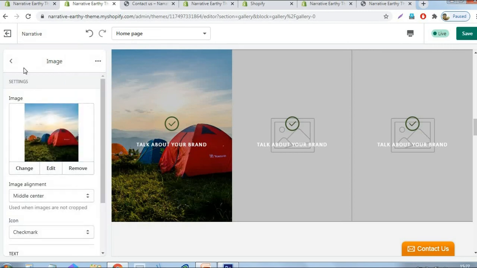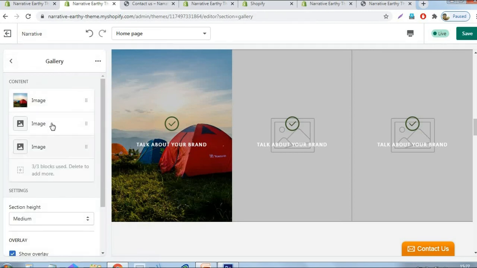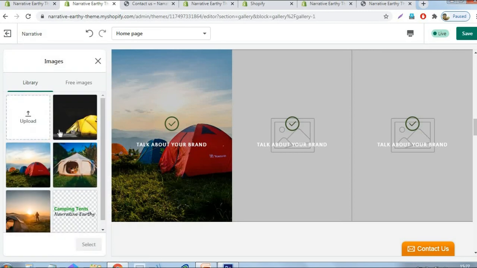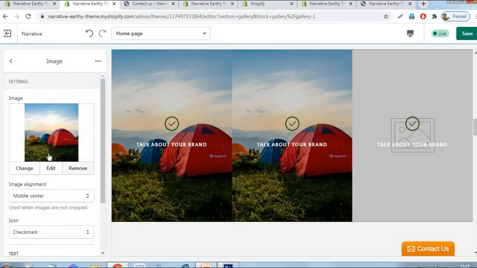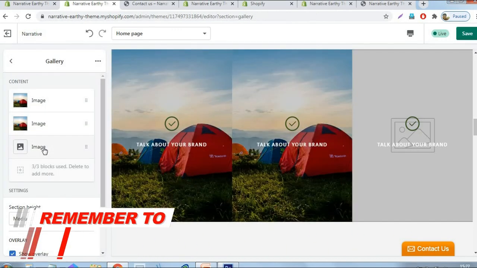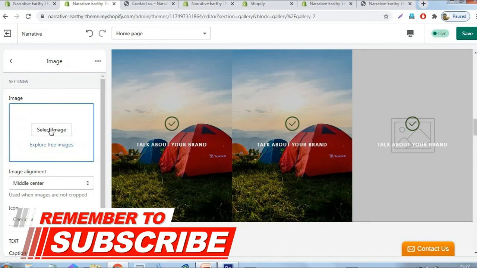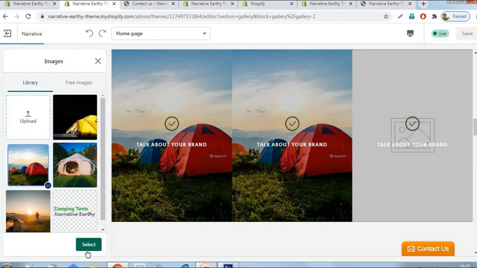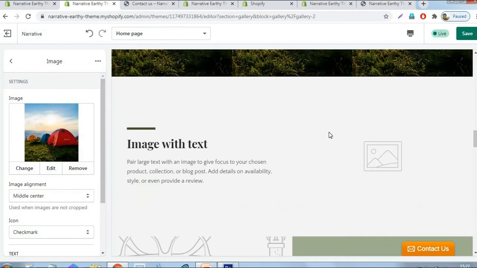So here I just use the default image. Okay, then next one.